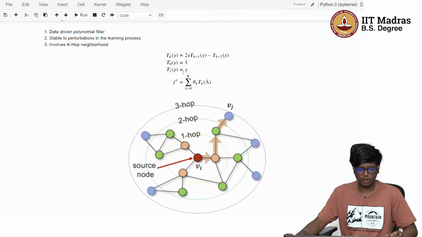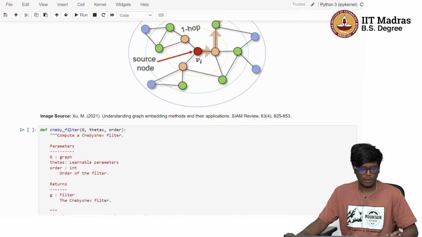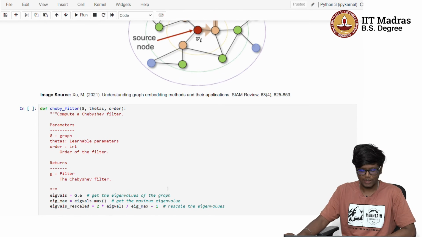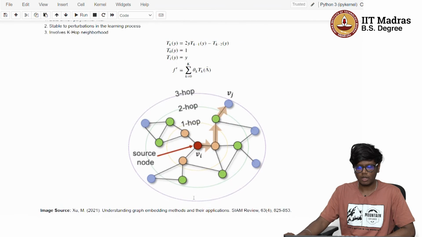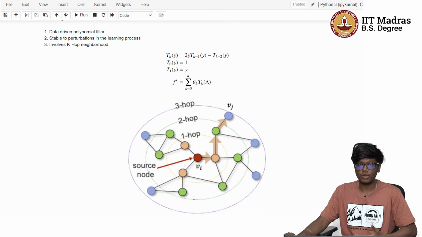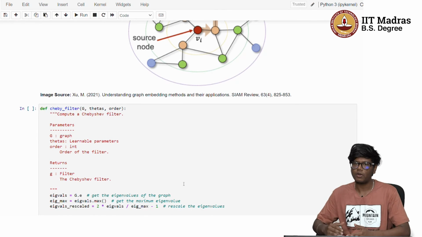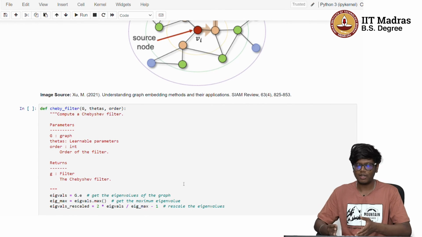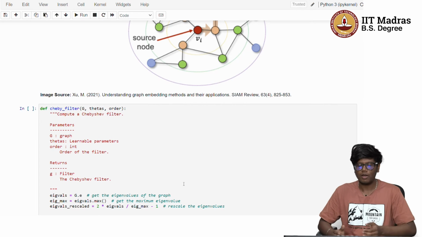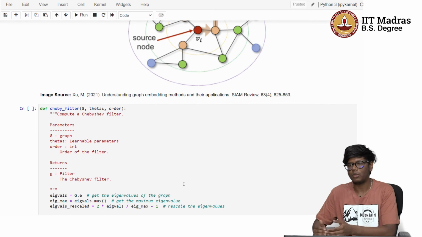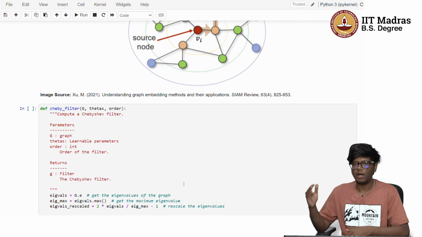So let's try to implement this. I'm defining a function here called the Chebyshev filter. It takes in the graph as input, the thetas, and the order of the Chebyshev polynomial. I get the eigenvalues of the graph here, and to make our learning process more stable to perturbations, what we do here is we rescale the eigenvalues of the Laplacian matrix. So we rescale, and ideally we want the polynomial to have a range between -1 and 1, so that there are no outliers